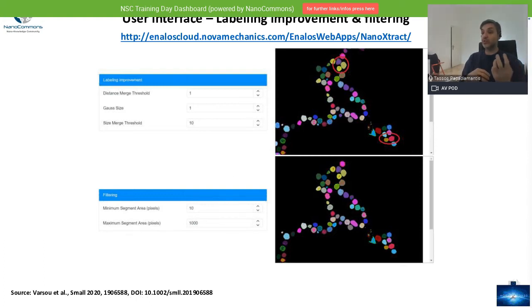Again, this can be used to merge nanomaterials that have been cut in half for some reason, and you cannot fix it with the Gaussian size. So you play with the size merge threshold so as to create a new nanomaterial and so on. And then the second to last step, more or less, is